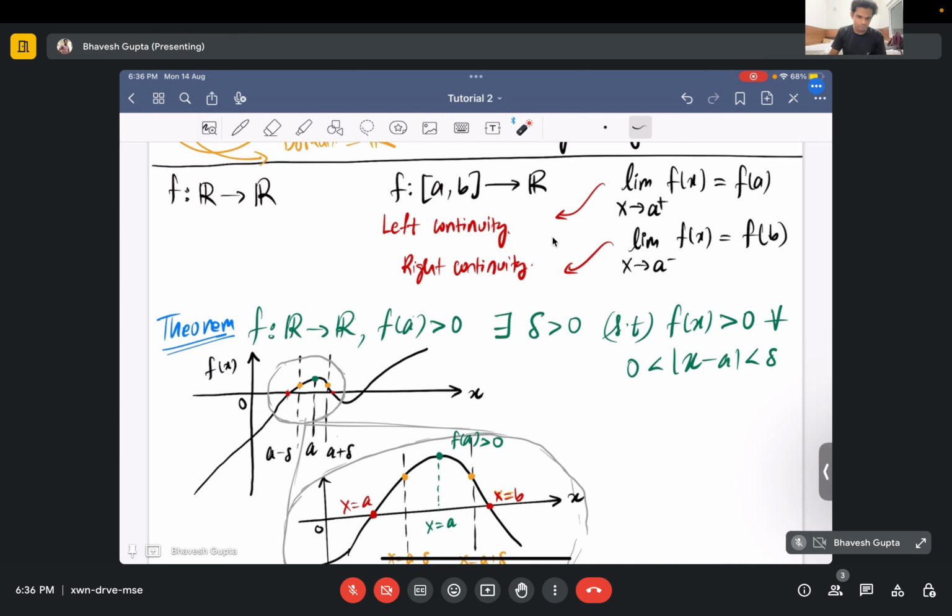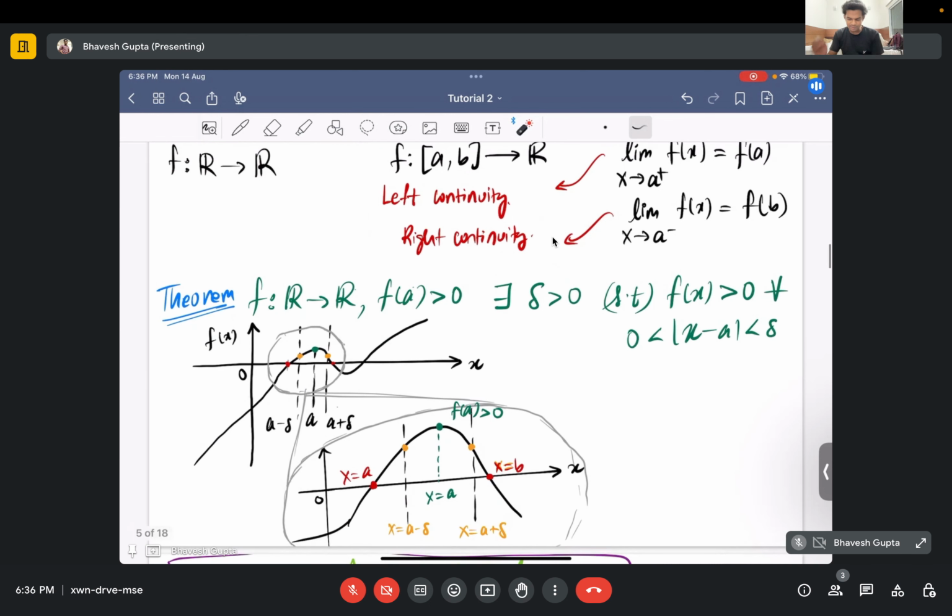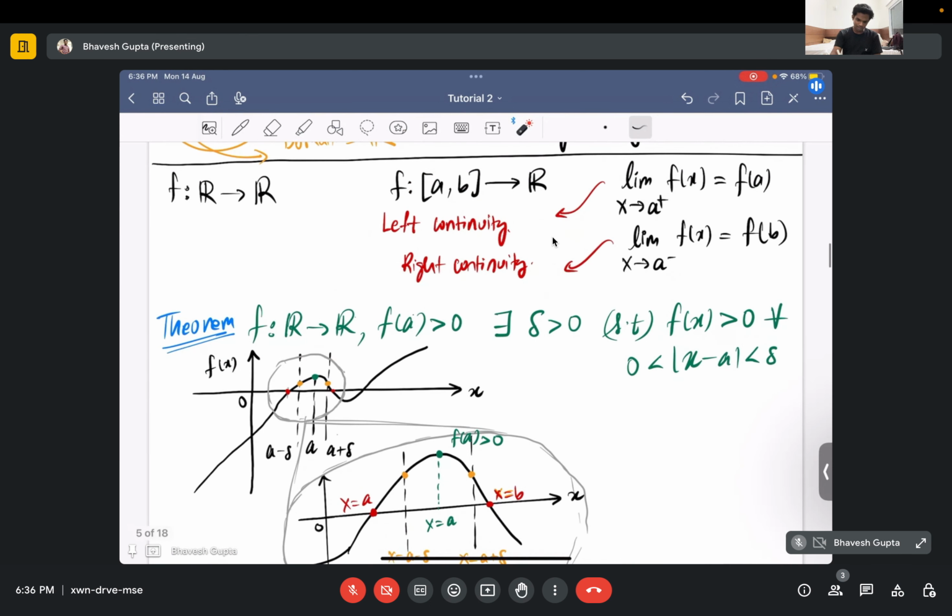So basically, now the following theorem tells you, the following theorem is a very important theorem. I will mark this as very important. To me, this theorem is very important because this theorem basically tells you that